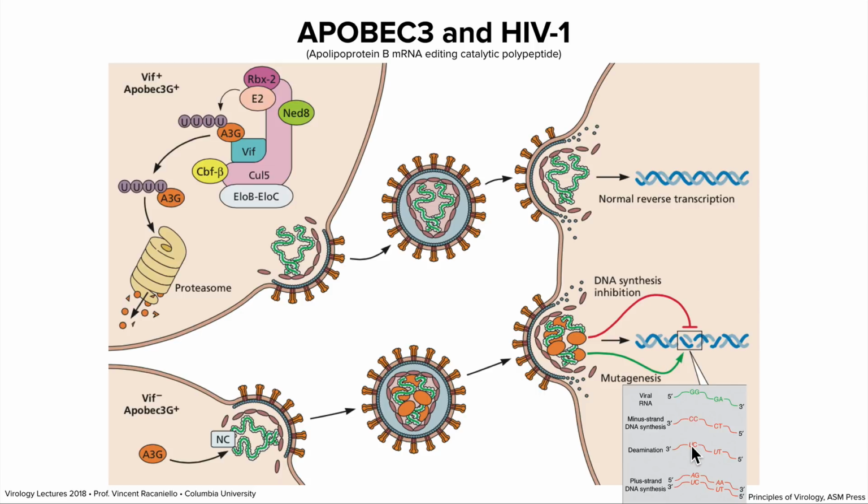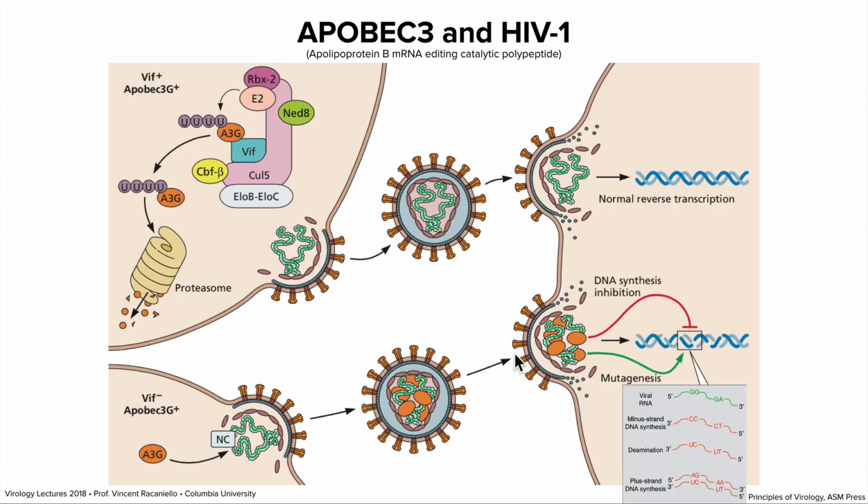Then when you make double-stranded DNA, that U is copied to form an A. So normally it would be a C, which would have been copied to form a G, but here it's an A. So we have G to A mutations, and so that happens throughout the viral DNA. It's extensively mutated, and it's rendered non-infectious because there are too many mutations to be compatible with viral infectivity. People have called this protein a weapon of mass deamination,